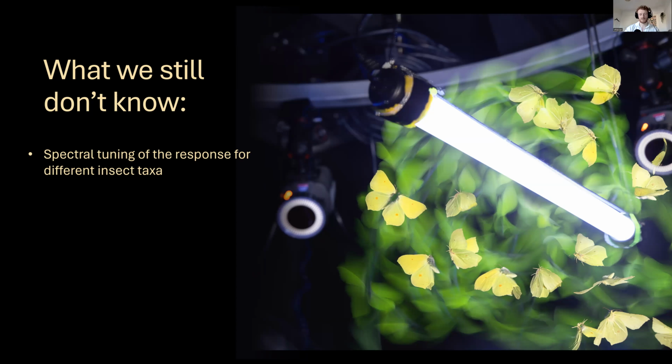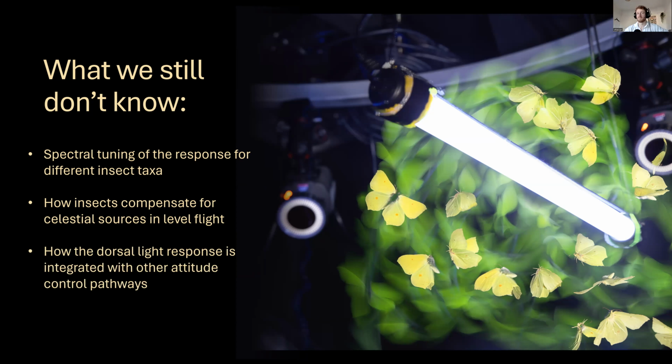There definitely seems to be a difference between diurnal and nocturnal insects. We don't know how they deal with things like the sun and moon in level flight, because those are really discrete point sources of light that can sometimes be near the horizon. We don't know how they filter that out. Or if they're flying near the mouth of a cave, how they don't just turn sideways because one side's really dark and one side's really bright. We don't know how they deal with that. And we also don't really know where the dorsal light response comes from, where it is in the brain, where it is in the neurons, and how this is all worked out.